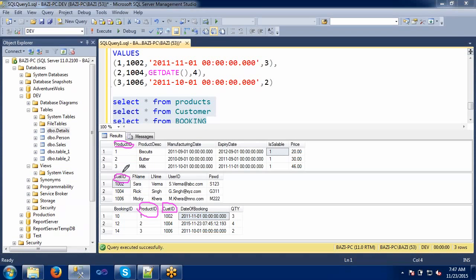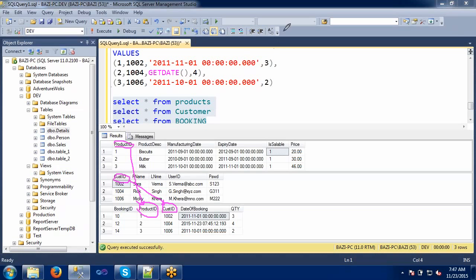All tables have some common columns, so that we can do joining: select a particular column from this table, inner join on common columns where this column and this column should match. Then only can we retrieve the records which are common. Like this, these two tables also have some relationship, some common columns, so then only can we join and retrieve the data.